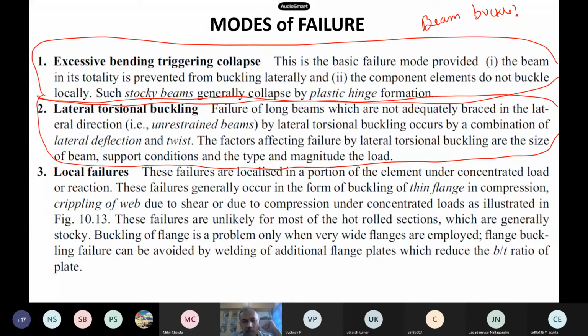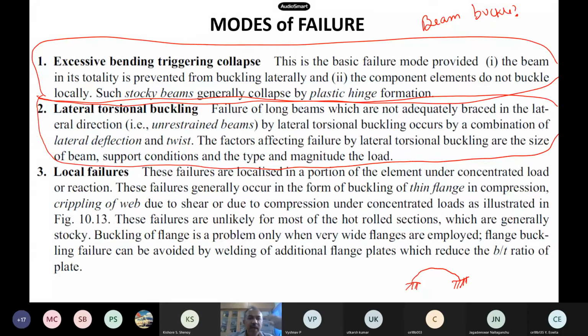There is compression force on the flanges which can have local buckling. When a beam is loaded, all of you know, the top will be in compression, the bottom will be in tension. So buckling is generally not associated with columns only. Anything in compression can buckle. Even an arch you have seen. What type of forces will be there in an arch? You would have studied in structural analysis, it will be pure compression. So an arch also can buckle. Anything in compression can buckle; it is not essentially a column. So a beam can buckle wherever you have compression.